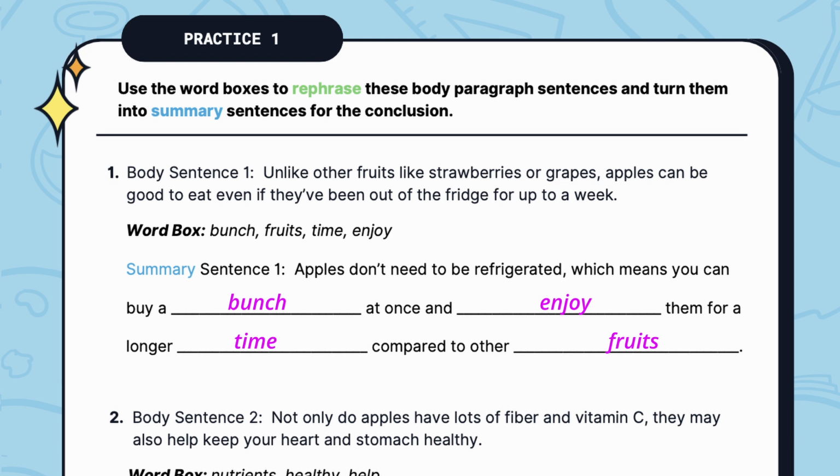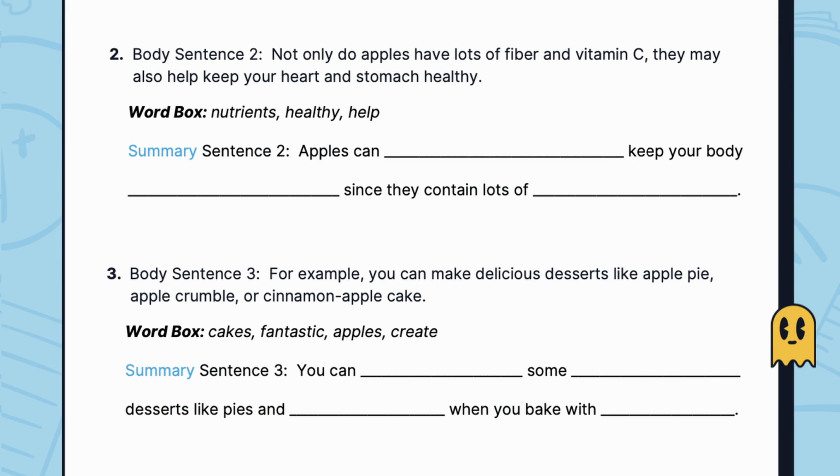Let's do body sentence 2 now. Not only do apples have lots of fiber and vitamin C, they may also keep your heart and stomach healthy. Your word box is nutrients, healthy, and help. Summary sentence number 2 is, apples can blank, keep your body blank since they contain lots of blank. Your summary sentence for number 2 should say, apples can help keep your body healthy since they contain lots of